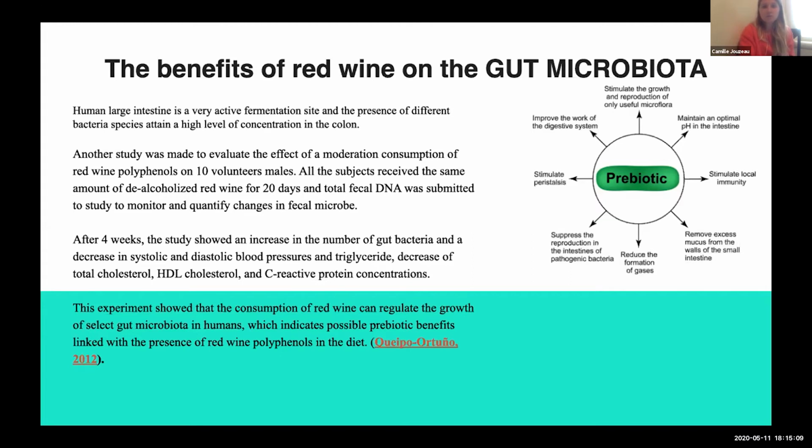What they found after 4 weeks of the study was an increase in the number of gut bacteria and a decrease in systolic and diastolic blood pressure and triglycerides, and also a decrease of total cholesterol, HDL cholesterol, and C-reactive protein concentration. So overall, what they explain is that red wine can regulate the growth of select gut microbiota in humans, which can be indicated as a possible prebiotic benefit. Prebiotics help the probiotics, which eat the prebiotics and help for a good health